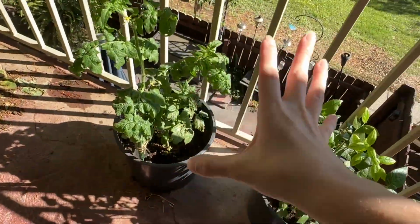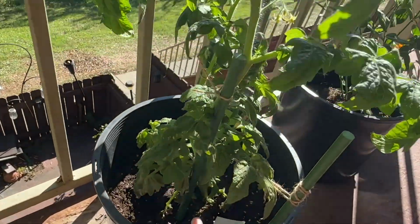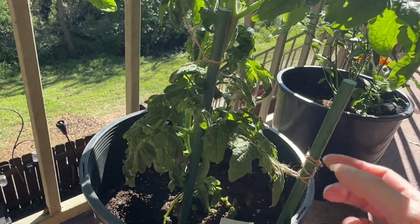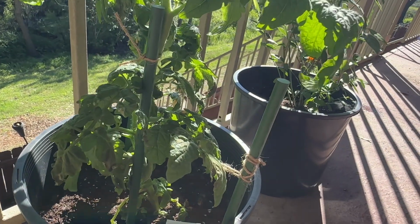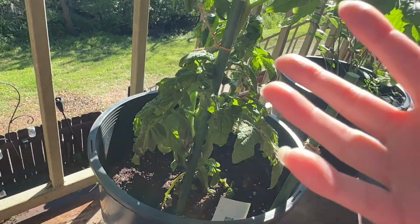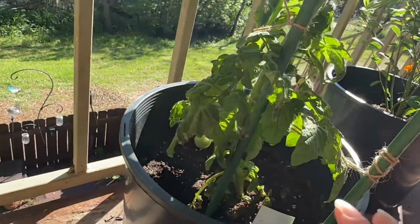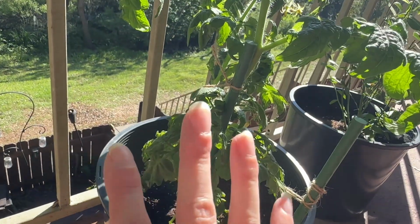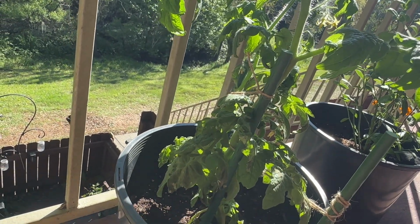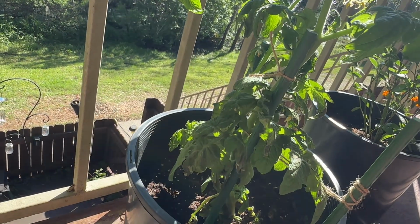But right now it's still in its baby stage. I already had to add a couple of supports. I just used these green ones that I have right now because I can stack onto them, and I didn't feel like putting a 4-foot tall stake for a not 4-foot tall plant. But the cool thing about this one is it's still really young, and I bought it in early May, and I had tomatoes by almost July, so maybe it tracks, but